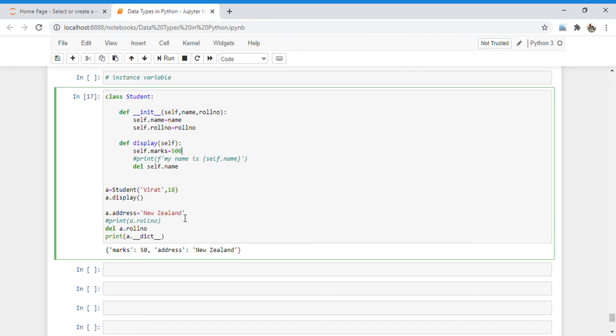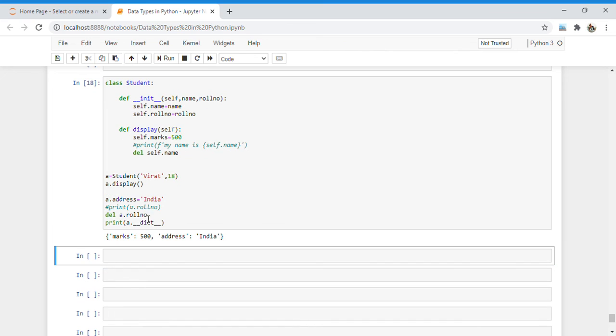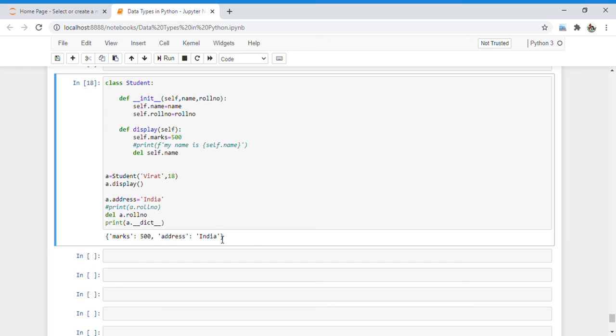So instead of New Zealand I put India, and I run it, then the marks are modified, and the address is also modified. Here I modify marks inside a class by using self, and here I modify the address outside a class by using the object reference, that is a.address.